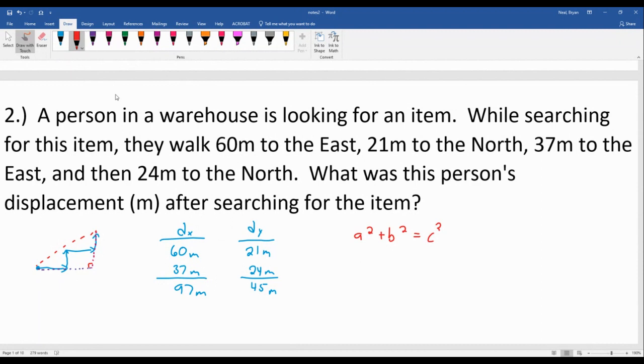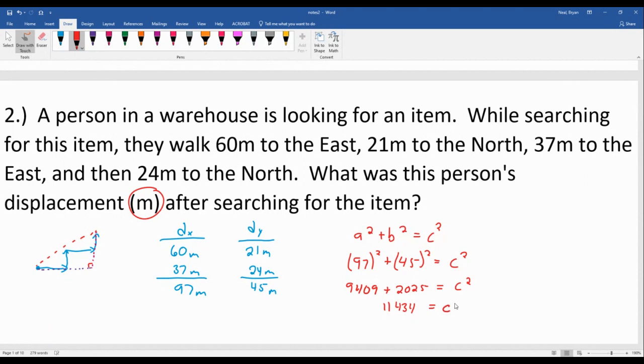The good news is that everything's in meters, so I expect an answer in meters, and the question is indicating meters. So I really just need to evaluate. I'm not worried about plugging in the meters and the units. I just want to plug in the numbers and see what that turns into. So 97, 45, and then I don't know what the C is on the end. So if I start running this through a calculator, I get 9409 for this part, and it looks like 2025 for that part, and I still don't know what C is, so I still don't know what C squared is, other than it's related to these numbers. So adding that together,